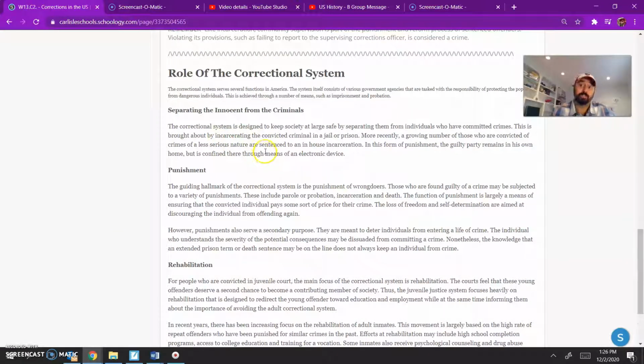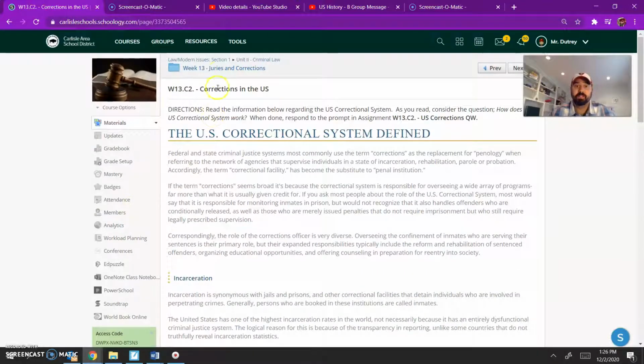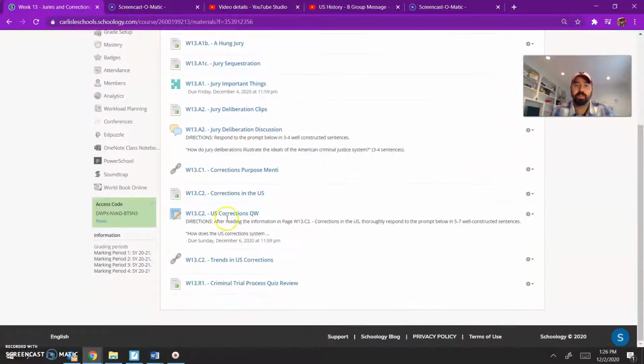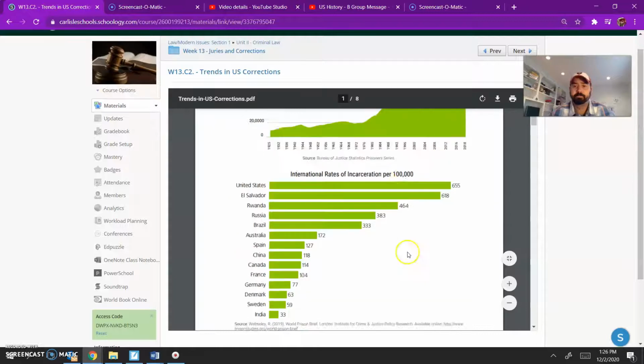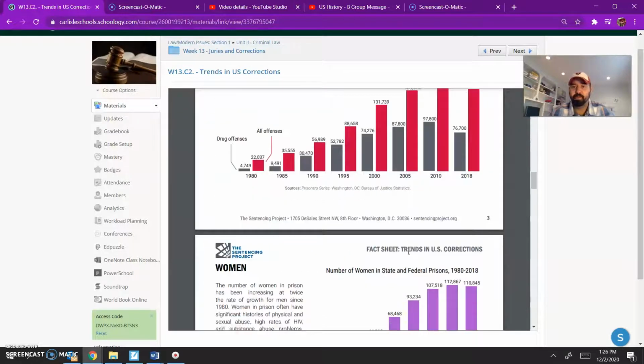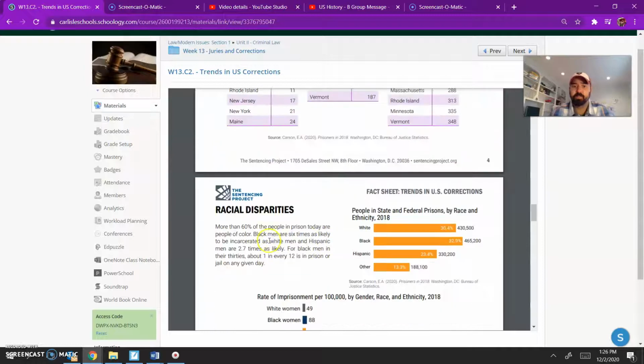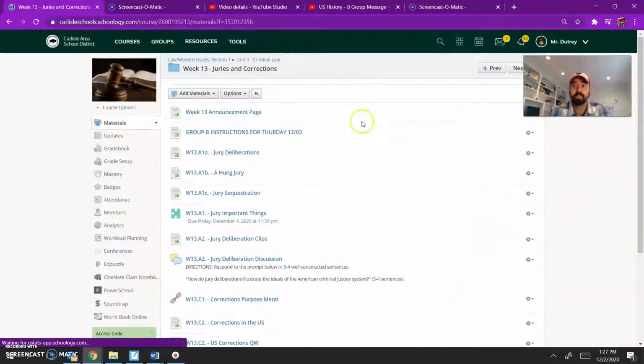What purpose does the correction system serve? There's additionally some trends, some statistics that I've added here, trends in U.S. corrections. So this is like an infographic, all sorts of stats. Just seek through that. This is from the organization called the Sentencing Project, a nonprofit whose goal is to make sure that there are fair sentences being handed down to those who are convicted of crimes. So it is coming from a very specific point of view, obviously. But that doesn't make the stats anything other than the stats they are using for their perspective.